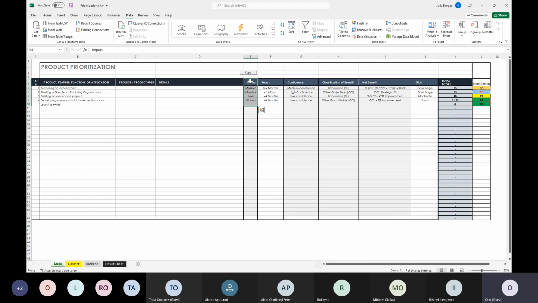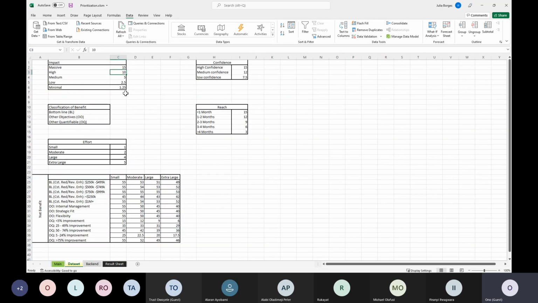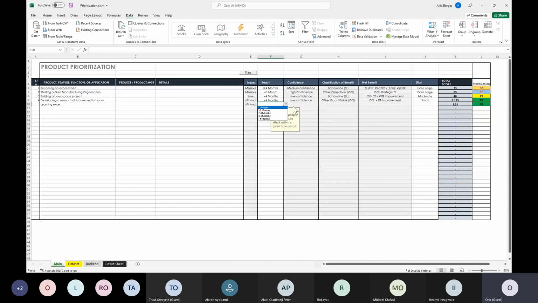So we've gotten a particular value for this item. Remember, we selected theoretically minimum. So as you can see here, we have just 1.25, which is directly identical to this. So I'll quickly move on to the reach. I'll assume that you understand what I've explained here. I'll put in a value here, and you can see it's changed as well. Low confidence. I'm just trying to select the lowest values so that I have the lowest priority as well.